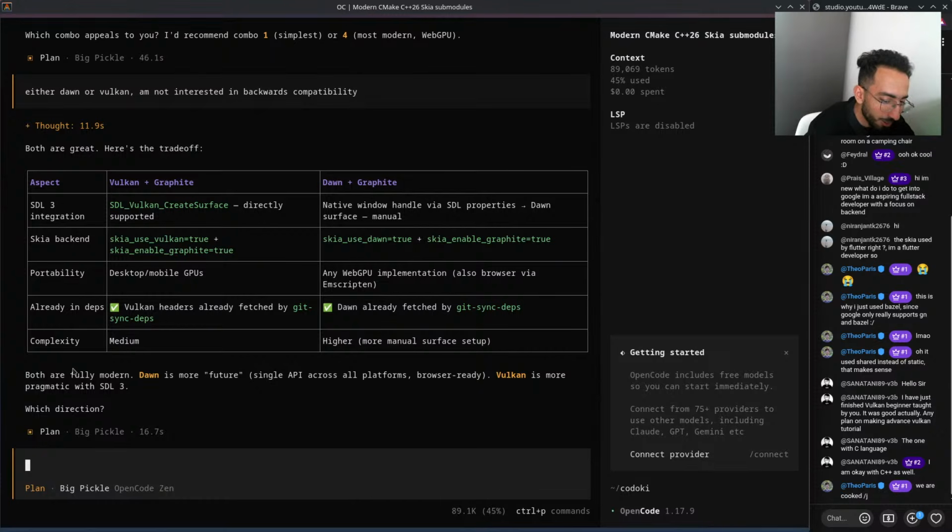Sure, that would be cool. I've never vibe coded Vulkan before, so this is gonna be very interesting. Because it's gonna be vibe coded, yeah, but it's gonna be with my own direction because I know what I'm doing. So this is gonna be very, very interesting because I could let my vision go while the actual agent does the hard boilerplate code and work. So yeah, both are fairly modern. Okay, so we'll use SDL3 with Vulkan